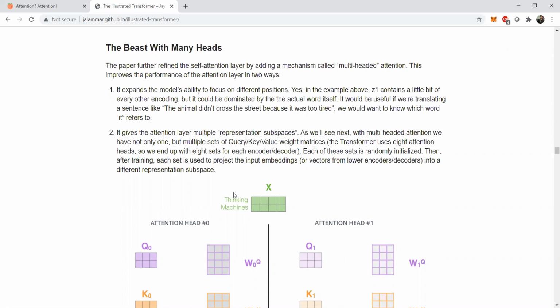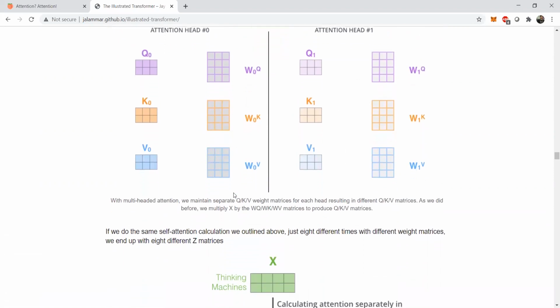And so we end up with 8 sets of encoder decoders. So you can imagine how the transformer architecture gradually scales up from a standard encoder decoder with normal attention. Instead of having just a single attention, it applies multi-head attention for self-attention, right? And it applies query, key, and value weight matrices 8 times, right? So you have 8 attention heads. This is given by the figure over here.